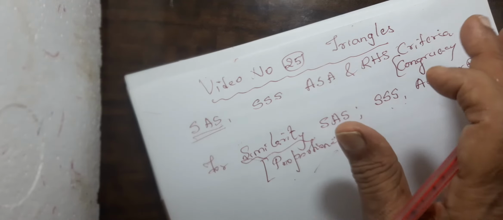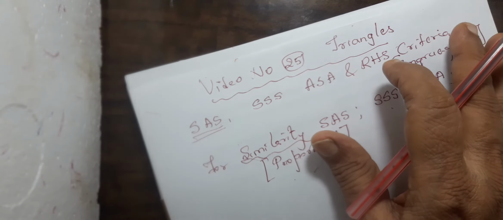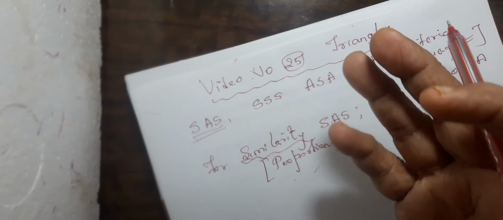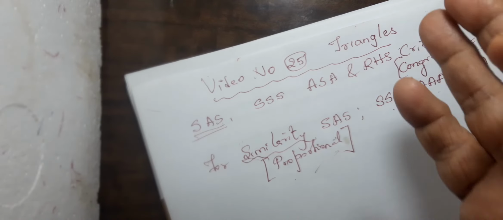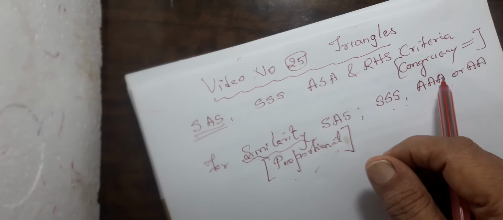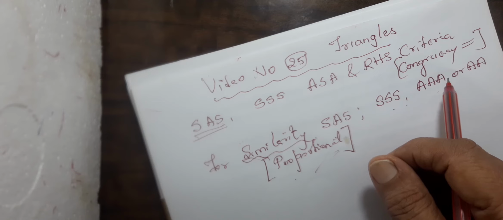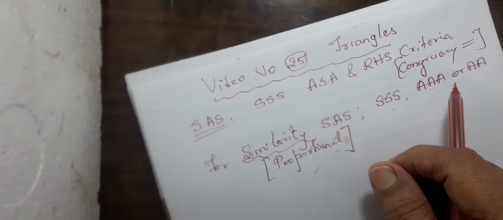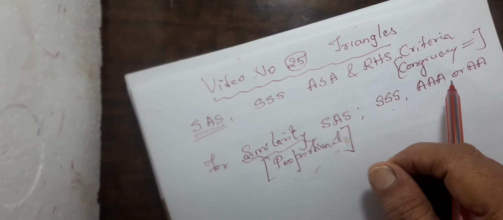If two triangles are equiangular, the ratio of the corresponding sides is equal. I have already told you the meaning of corresponding sides: the sides opposite to those equal angles are the corresponding sides. I have explained all this in my previous videos. Please keep revising it, then only you will remember. This chapter is a bit tricky. This one, AP and all, needs a little practice. If you don't revise it, and keep working it out again and again, you will just forget it. Such a chapter it is.